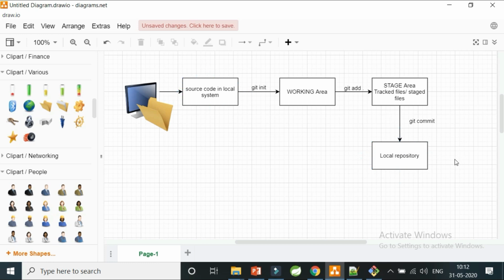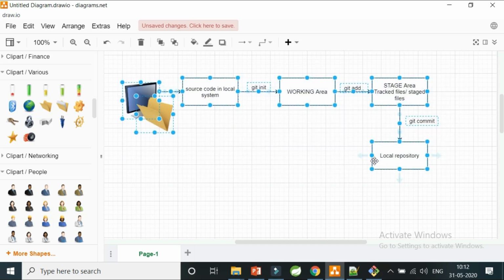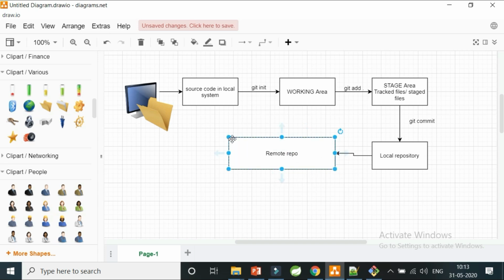So can you see there is a difference between Git and GitHub. Till now all of this was Git in my local system. So this was all about the local area. Now from this local area, I want it to be pushed to my GitHub, right? So this is my remote repository. So how will I add this to my remote repository?